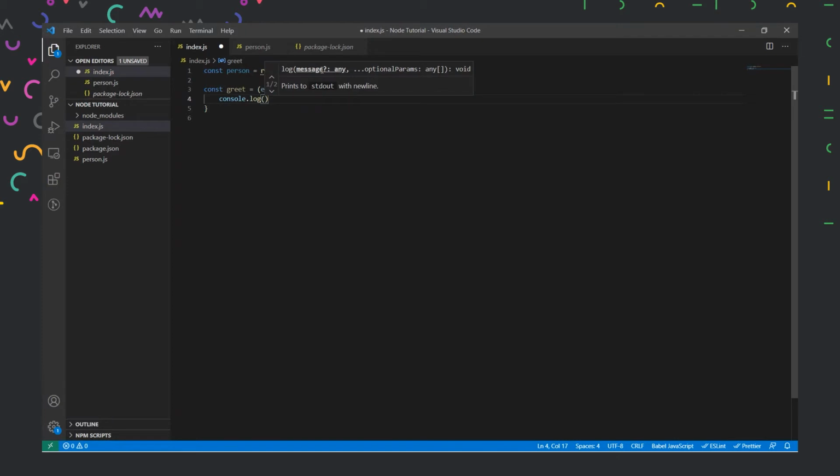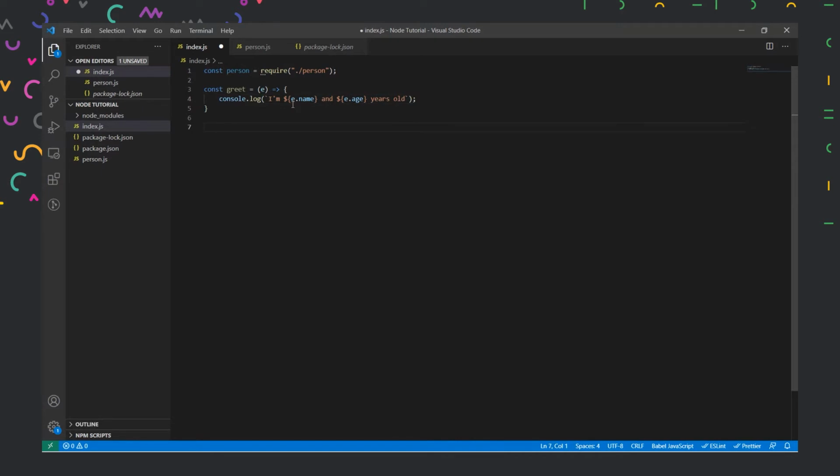So I'll log it, and then I'll use the backtick method to define the string. This is called a template string, and then I can just type over here directly. I am, and then we'll access the argument, and inside this argument we are using the dot operator to access all the variables defined inside our object. So I'll type e.name, and then I am Vinayak, and I am this many years old. So I'll put age over here, e.age, years old.